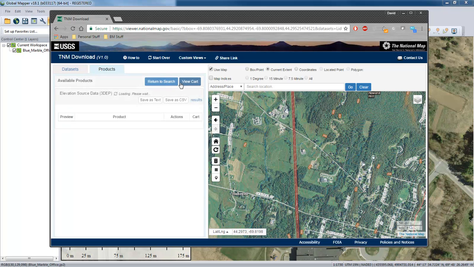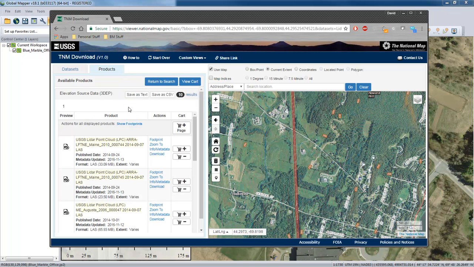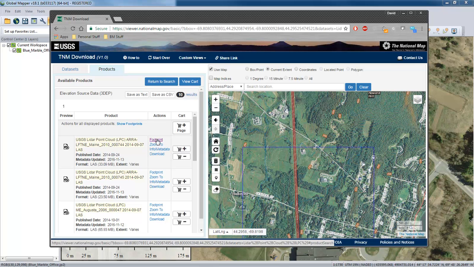So I'm going to quickly ask to find the products. It's searching right now. And within the extent of my project area, it now shows me the files or the tiles of LiDAR that are available. I find it very useful to click the footprint link here, and it will show me the extent, the geographic